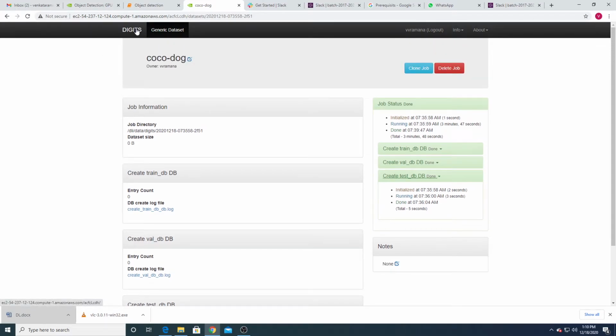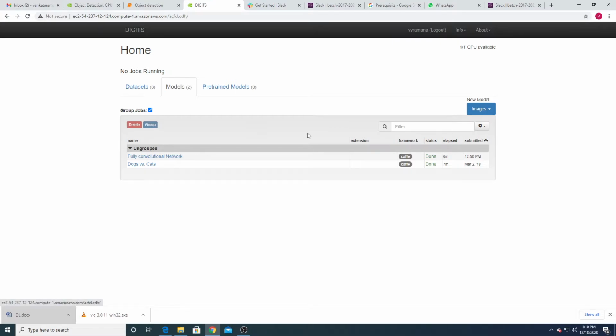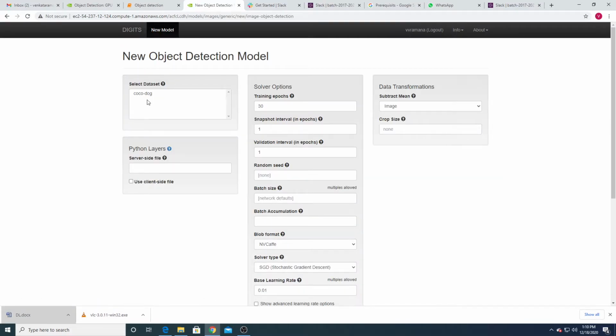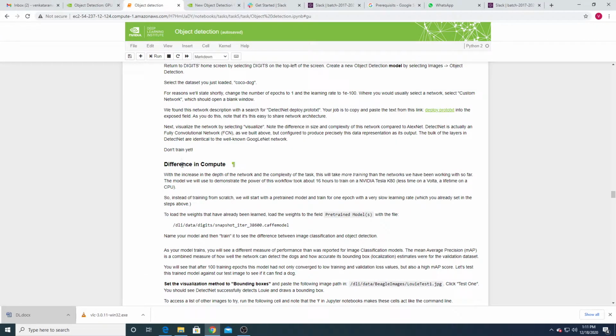Next, what we have to do is go to DIGITS, go to Models and Images, and create a new model called object detection, right? Select the COCO dog data set which we already created, set the number of epochs equal to 1, and select the DetectNet.